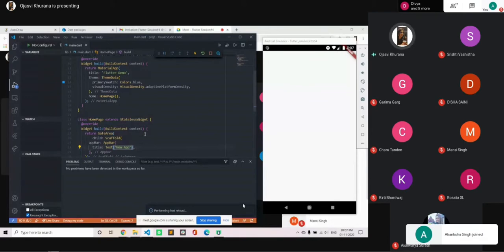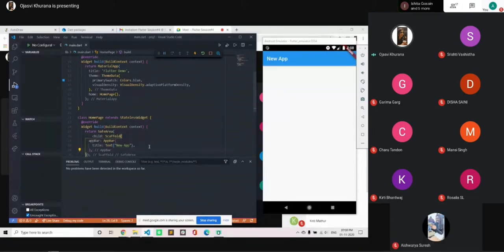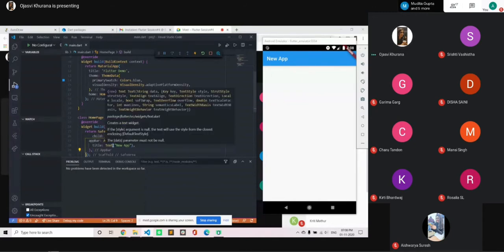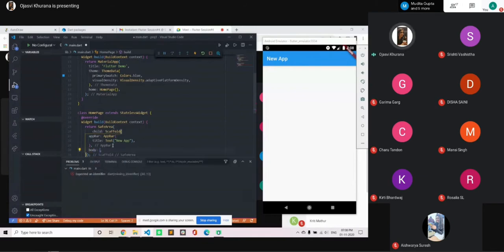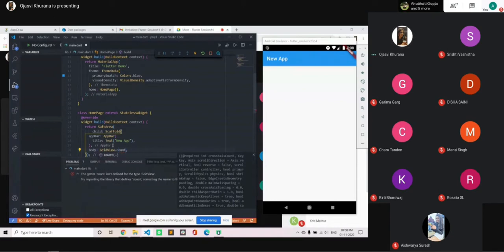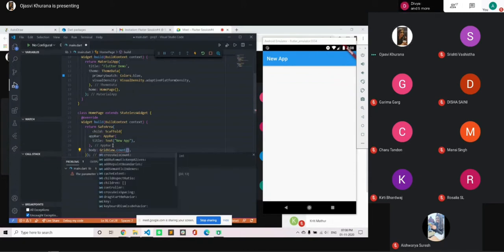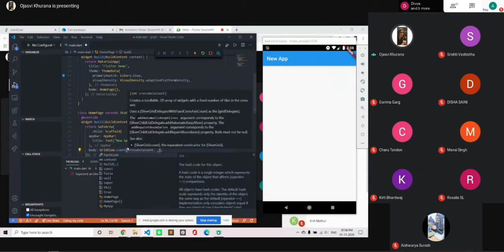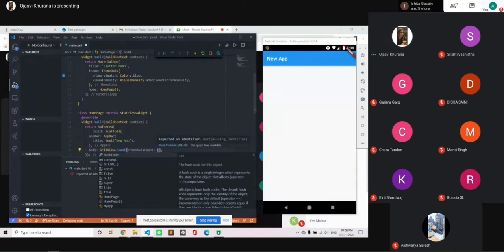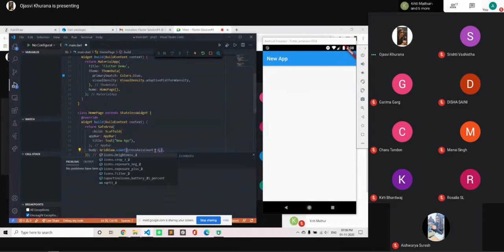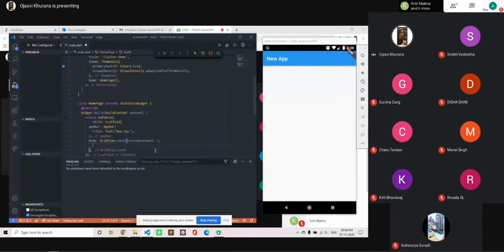Okay, so today we will be building an application with a 2D array of widgets, and we can do this by using the widget grid view. So we have body and grid view dot count. The grid view creates a 2D array of widgets, and the cross-axis count states the number of columns we will have. So, for example, we have 2 columns. Inside that, we will have children and